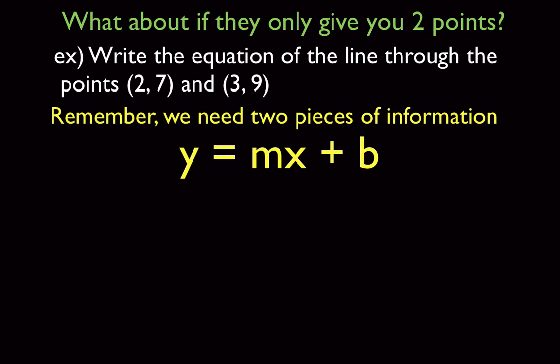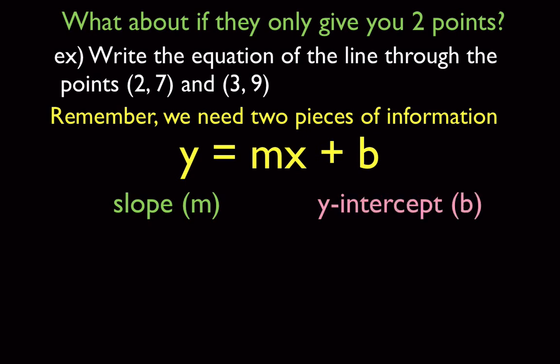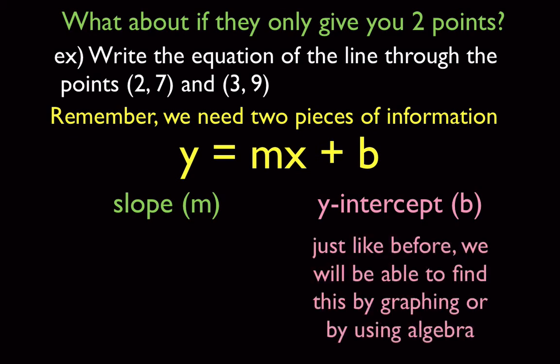We need to figure out the m, which is our slope, and we're going to do that basically the way we have done it in class. And we need to figure out our b, which is the y-intercept. What we're going to do is, just like before, we're going to find it by graphing and using algebra, or by using algebra. So what that means is we're going to plot our points and repeat our slope